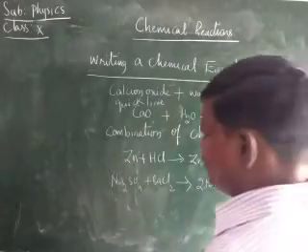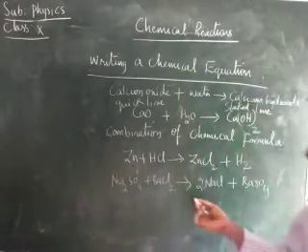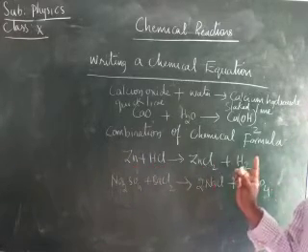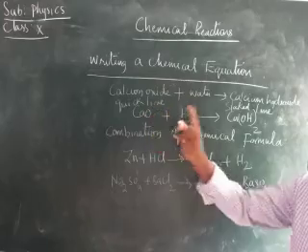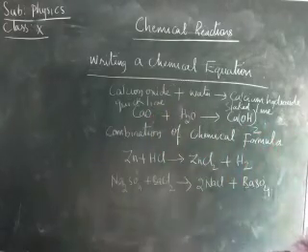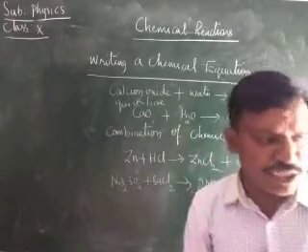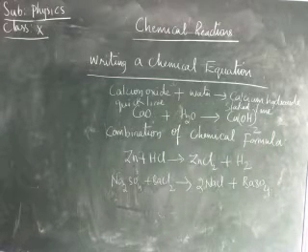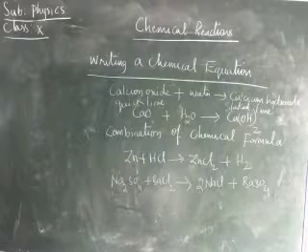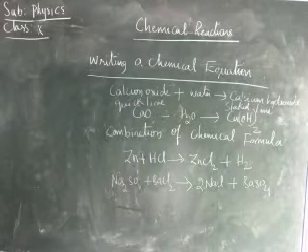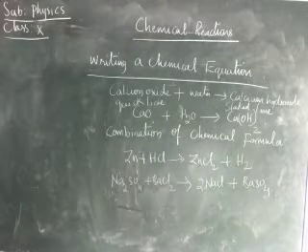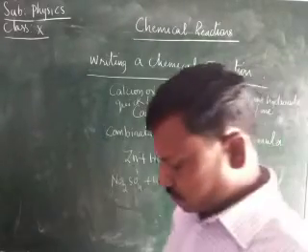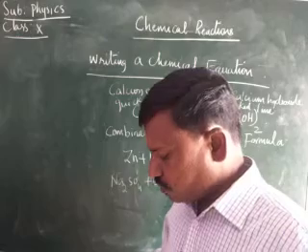Whatever the reaction is, children, here two formulae, here a symbol and a formula. Like that, we can write a chemical equation by the combination of all compounds, or by the combination of a compound and a symbol, or by the combination of two compounds, children. Therefore, that is about writing a chemical equation. Okay, children.